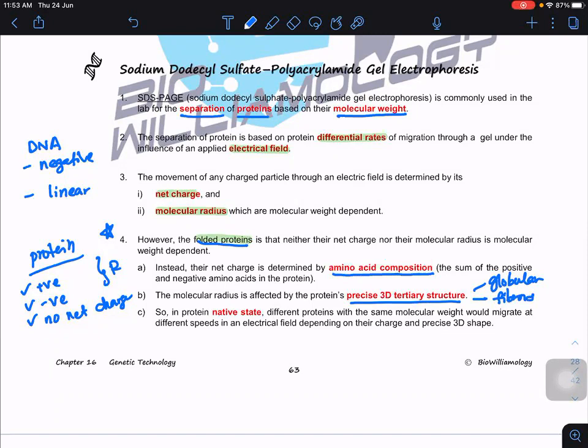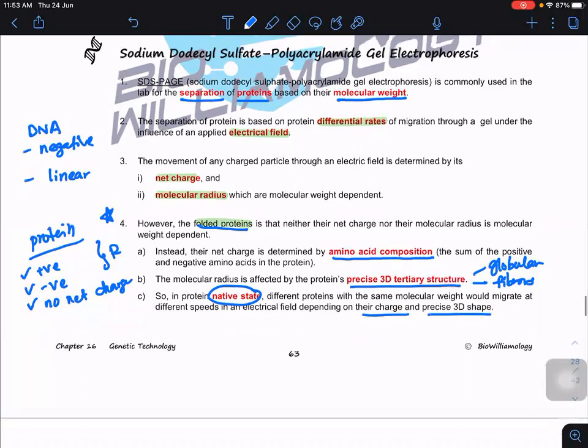Okay, so in the native protein stage, different proteins with the same molecular weight may migrate at different speeds. Can you see that? They have almost the same molecular weight, but they have different speeds because of their charge and also their precise three-dimensional shape. So to overcome these two problems, the net charge problem as well as the molecular radius problem, what we're going to do